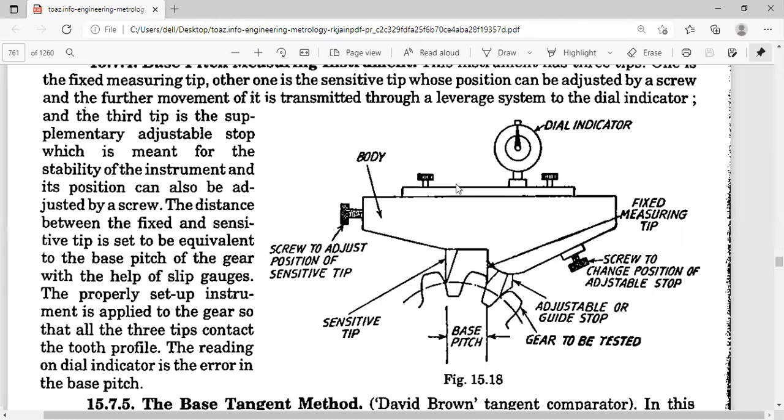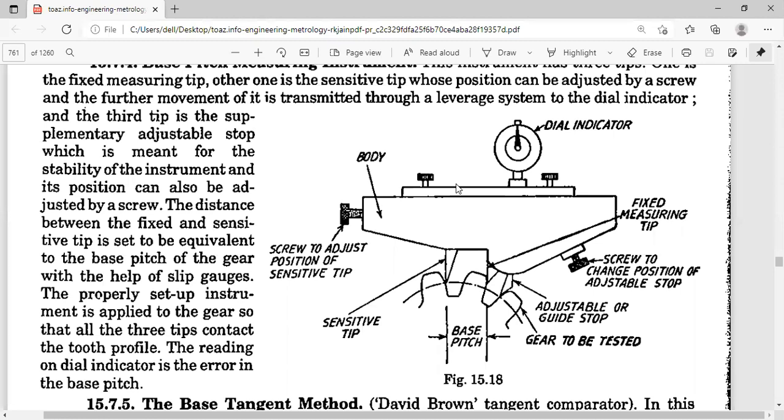The gear has to be mounted in between the centers. So you take a sine center and put dial gauges on the adjacent teeth with the gear mounted on its centers. You don't mount the gear in the air; you have to use a mandrel, a supporting device for that. We have already discussed that, and we'll discuss it in the Parkinson gear tester, when we discuss how to go for run out, the total composite error and tooth-to-tooth composite error.